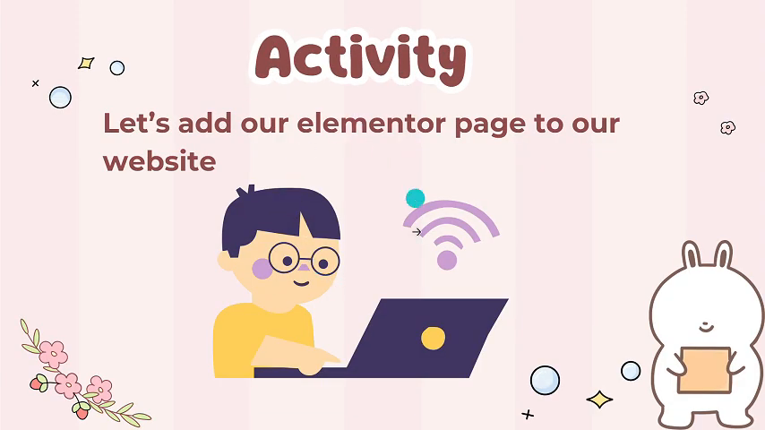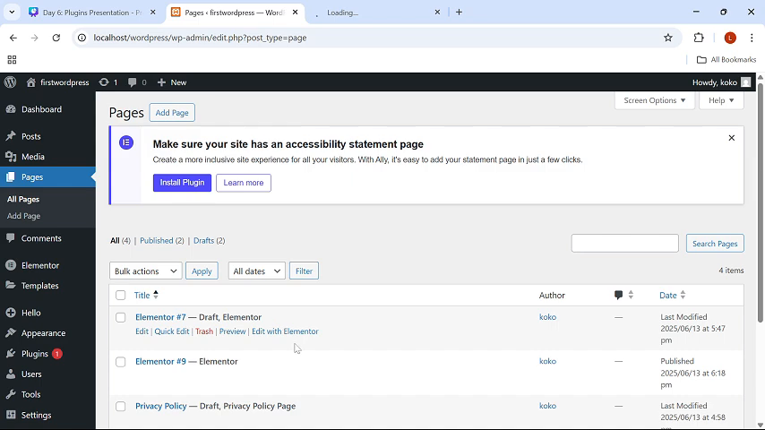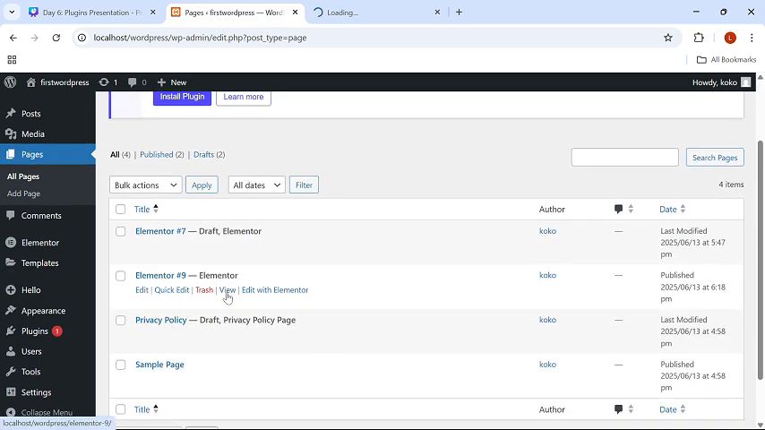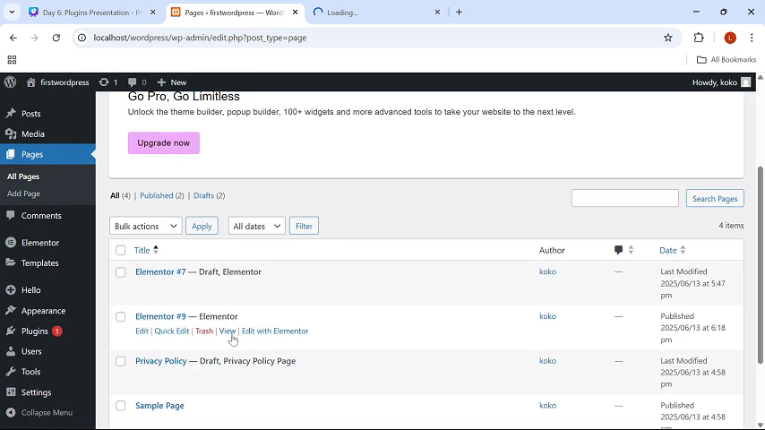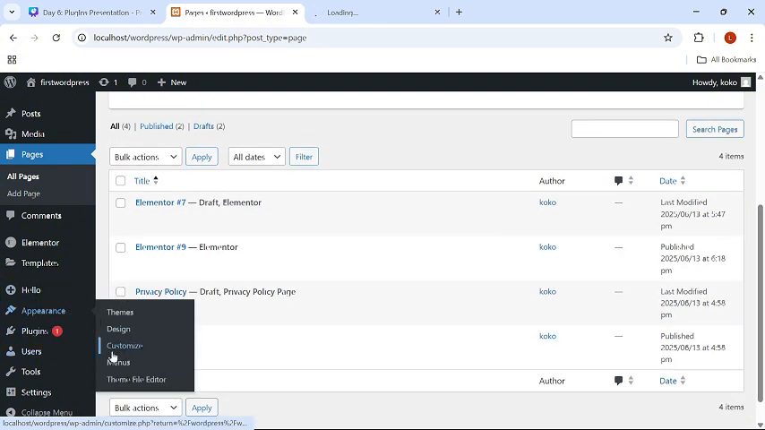So let's add our Elementor page to our website. So when we do that, we can actually view our Elementor page by clicking on this view here. You can click on view here to view it. So let's do what we just learned. So go to appearance, click on menus,